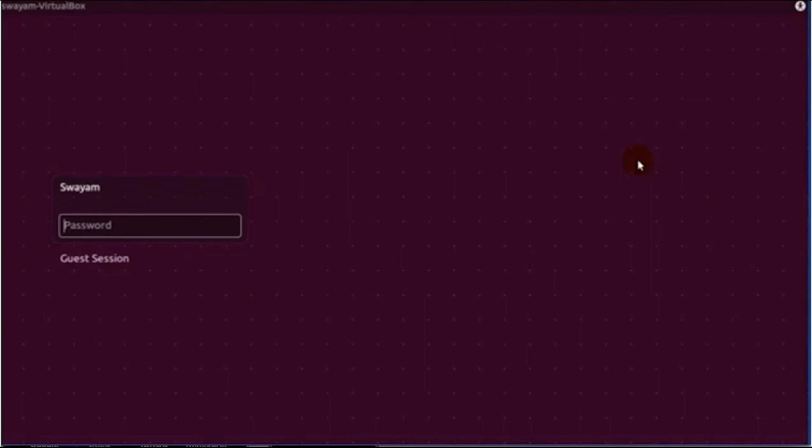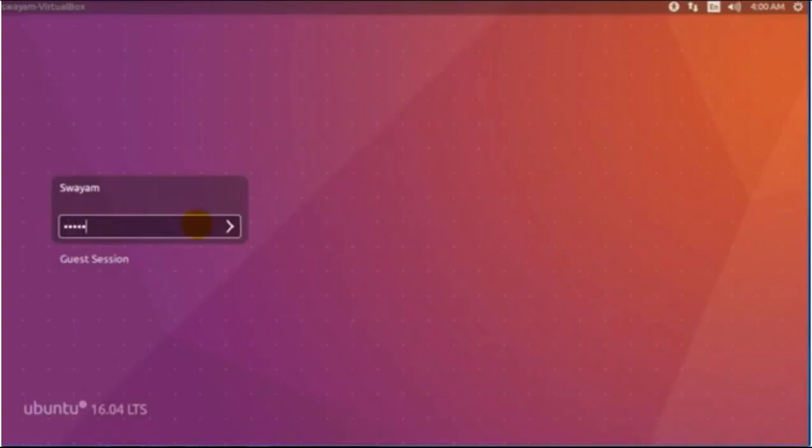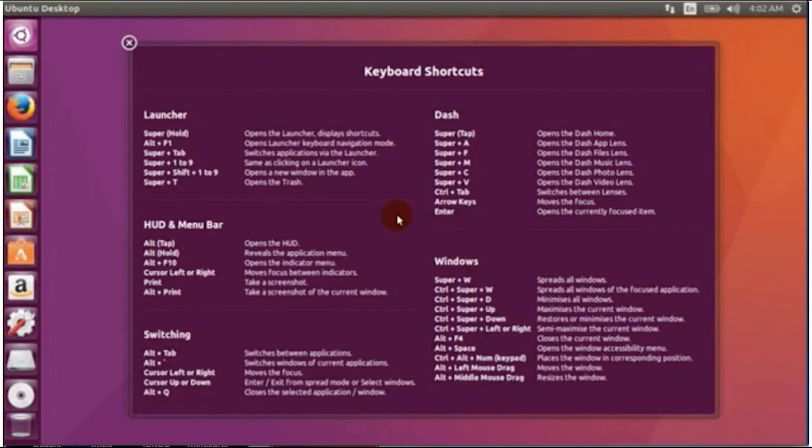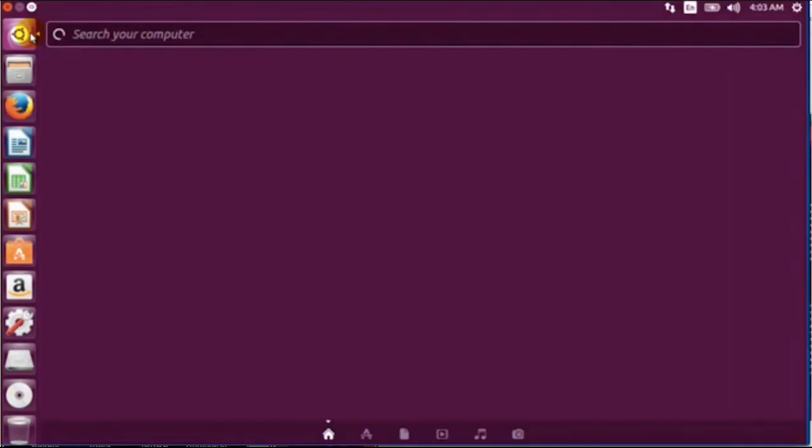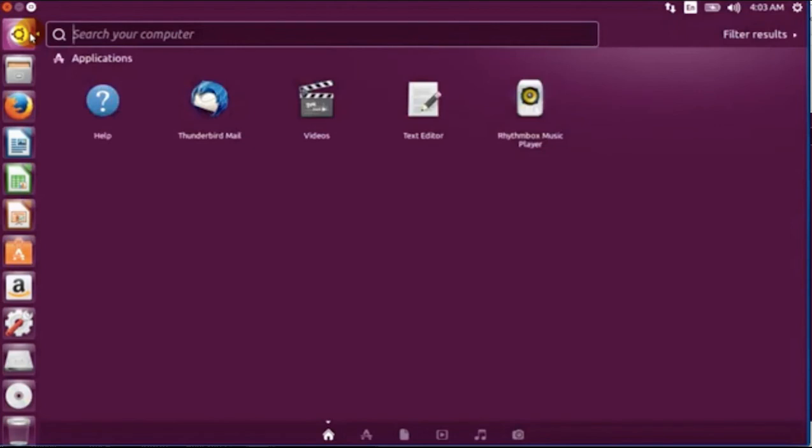Enter the password and press Enter to log in. Click on the cross to close keyboard shortcuts. This hint comes only the first time at the start of Ubuntu after installing. Click on the top left Ubuntu logo, the Start button, to view all installed applications in Ubuntu.